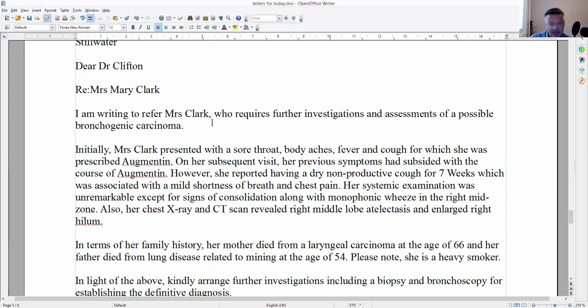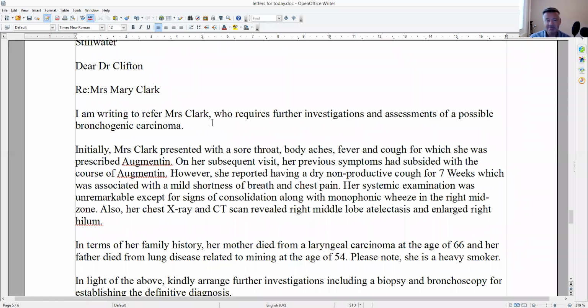Well, you don't need to repeat it. Just say her previous symptoms had. Mrs. Clark presented blah blah blah, for which she was prescribed Augmentin, which eased her symptoms. On a subsequent visit,